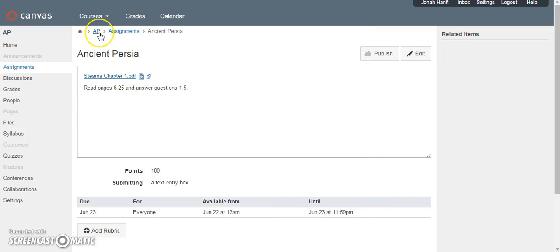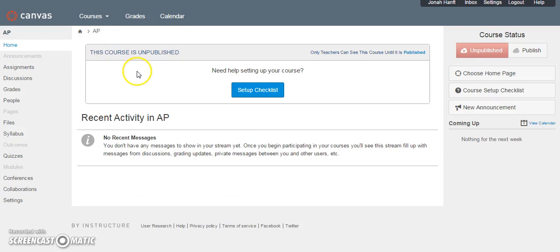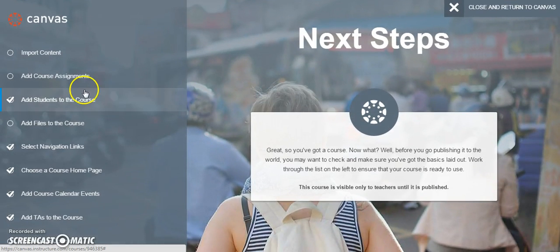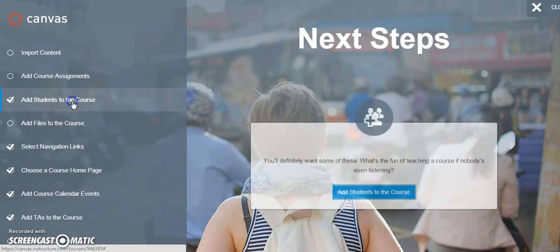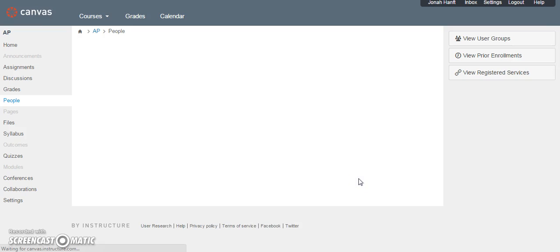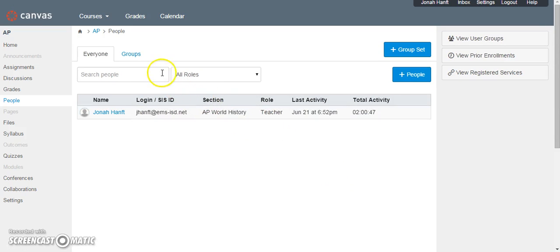Right, now that that's there, let's go back to the checklist. And we've had courses assignments. We can add students to the course, which is a simple thing to do. Again, add students, and